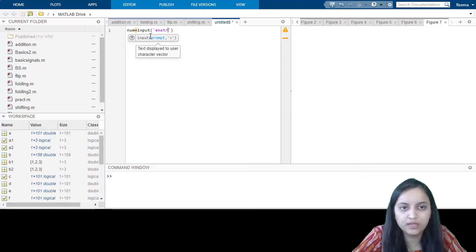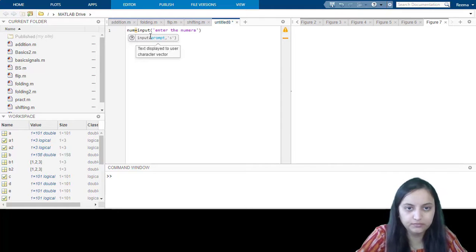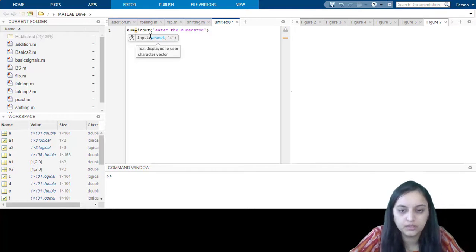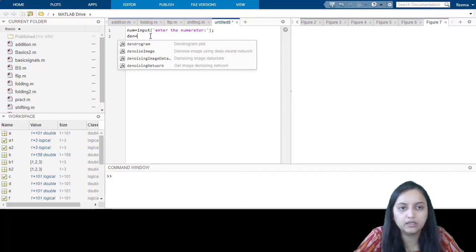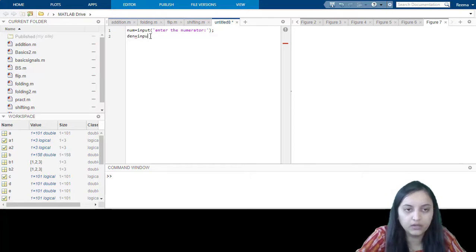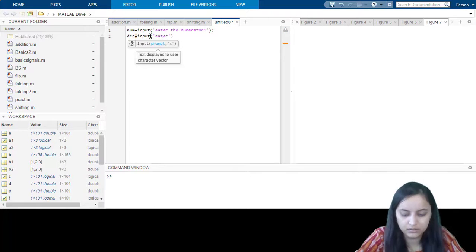So here the message is to be displayed as enter the numerator, then we will ask the user to enter the denominator. Let us take the variable den for denominator. We will write it over here, input, enter the denominator.